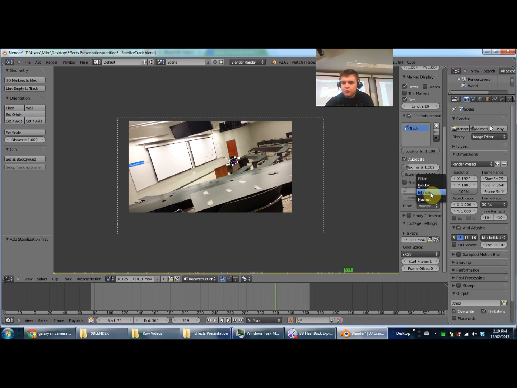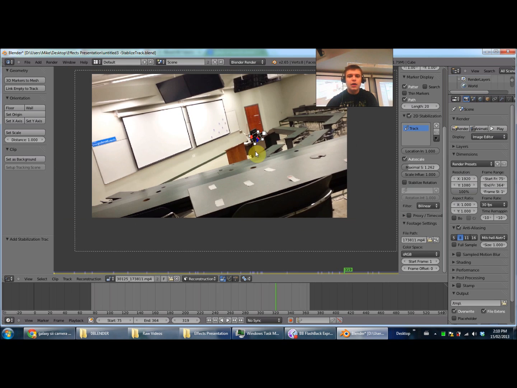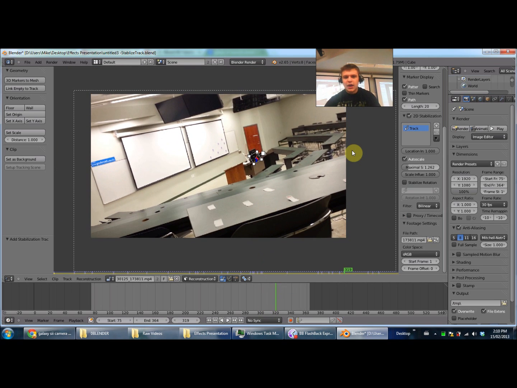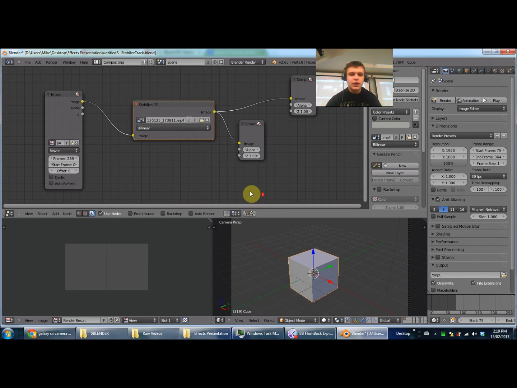Turn the filter to bilinear so it looks better. Nearest will give you really jagged lines. Bilinear gives you really smooth lines. Stabilized rotation, you can do that if you have multiple points. I usually do not because it kind of makes the edges all jerky as it tries to rotate to counteract it. Okay, so now that we have all this set, we would press Control and left,